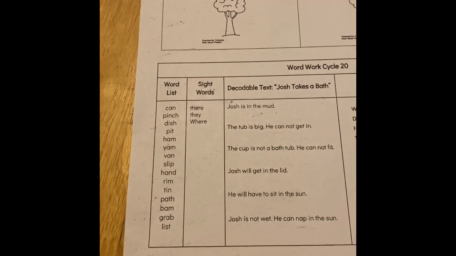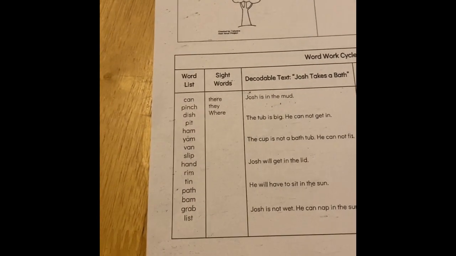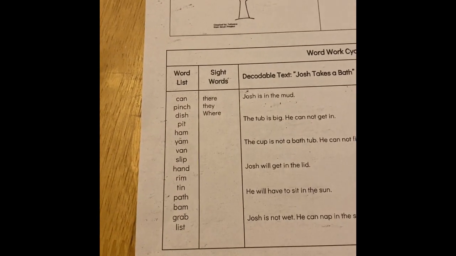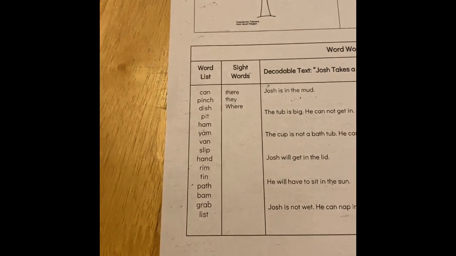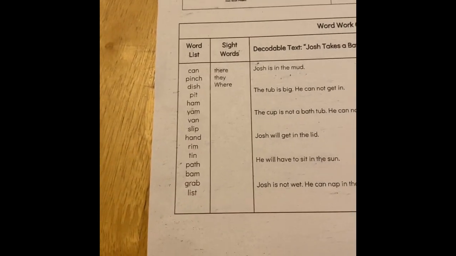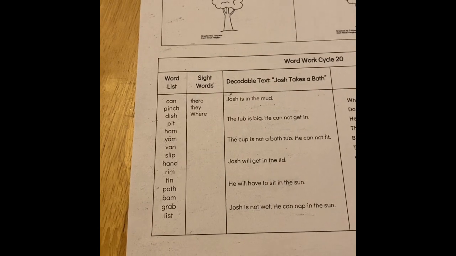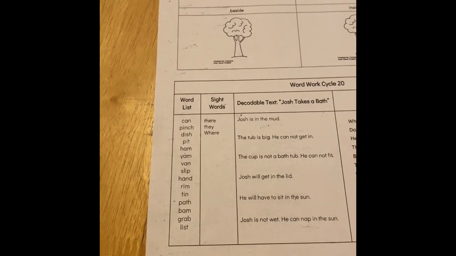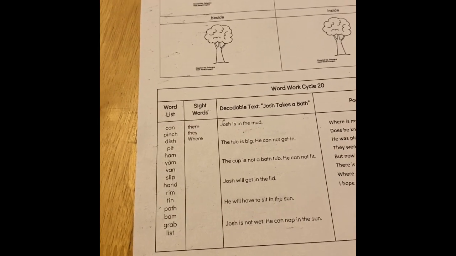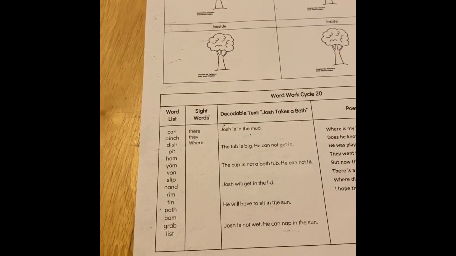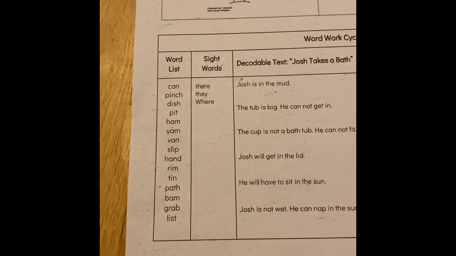So here's what you're going to do. You are either going to get some chalk and write the words from your word list on your sidewalk, kind of spread them out so you can hop on them, or you're going to write them on cards to prepare for your hopping game, okay? Once you have your cards prepared, you can practice hopping on your words like frogs and reading them, and then try to do it super speedy. And if you have trouble with the word, they say you're supposed to go back to the beginning and try again. All right? So you guys can go ahead and do that on your own and have lots of fun